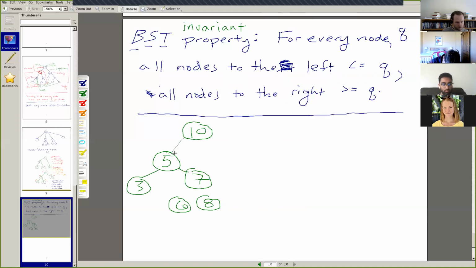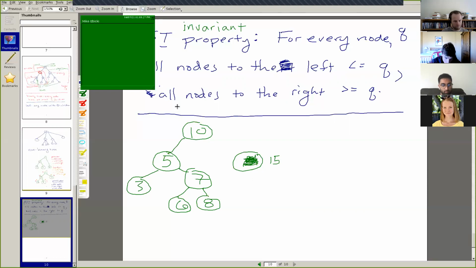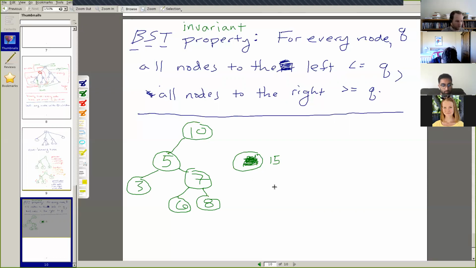Connecting all of these nodes with edges or branches. And then go in numbers, not letters. Say this is 15. And then 18 down here.